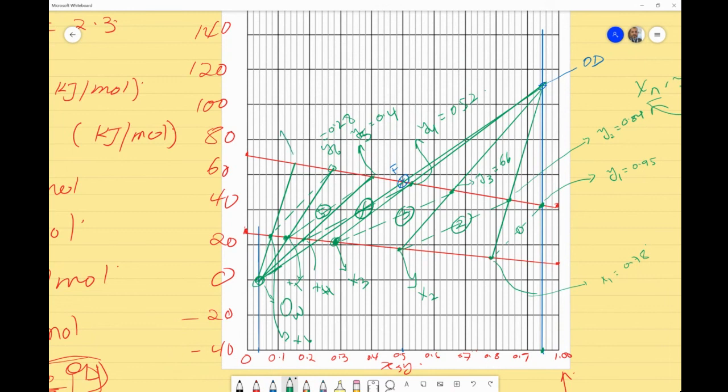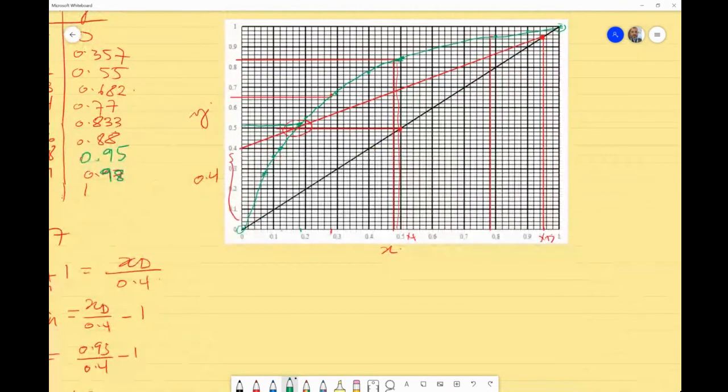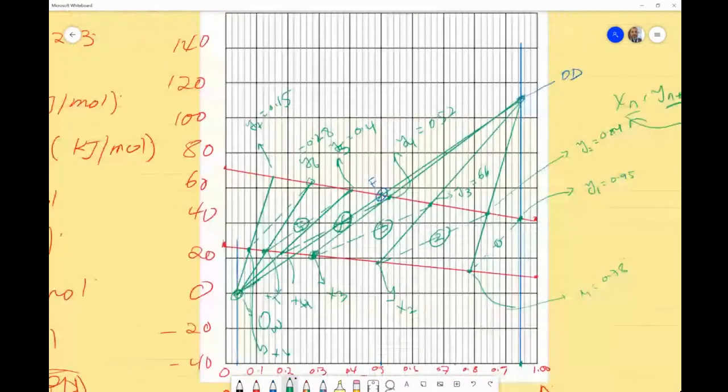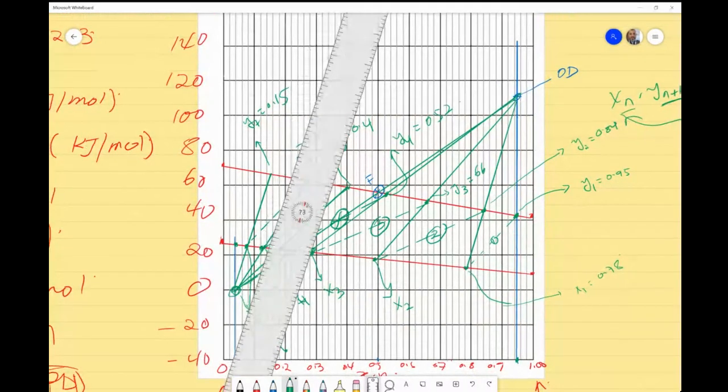Maybe this is going to be Y7, 0.15. If you go back to 0.15, you see 0.15 is going to represent here almost 0.4 here. So you probably reached the stage that you are looking for,